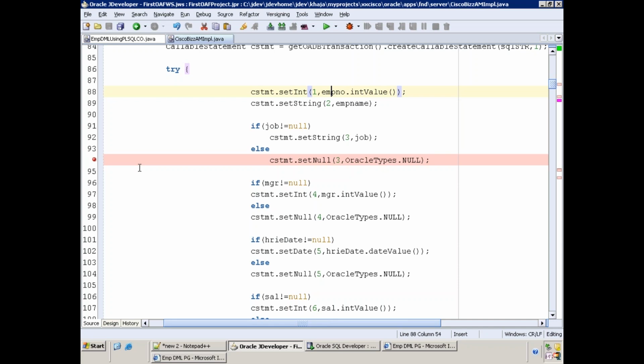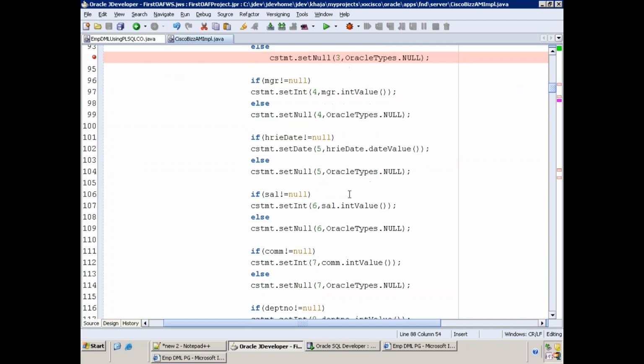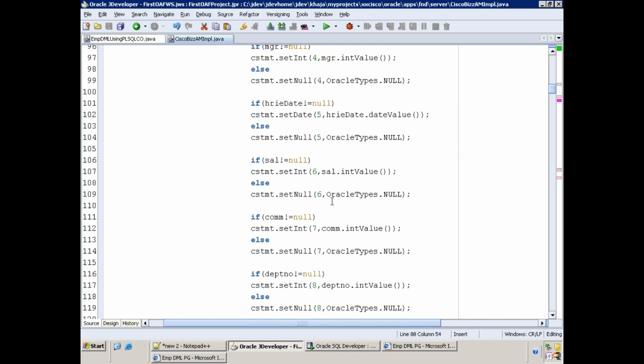So for the remaining 6 parameters, I'm checking the not null condition. That is what I'm doing. And for the date, if you observe carefully, we just need to call set date and pass the date dot date value.